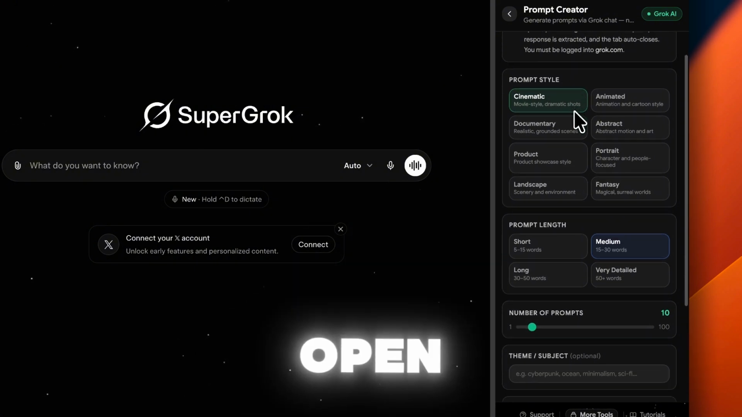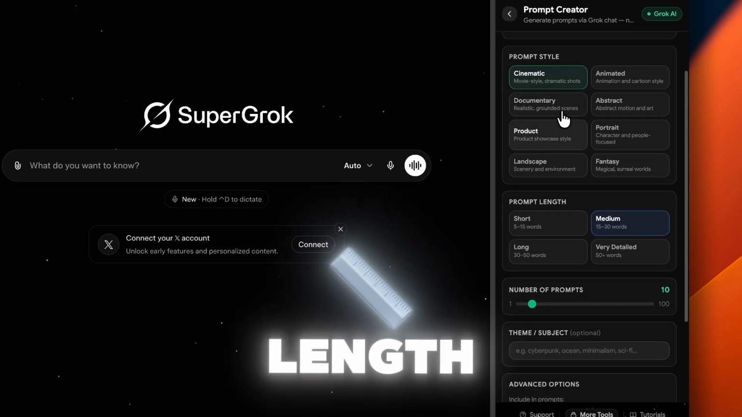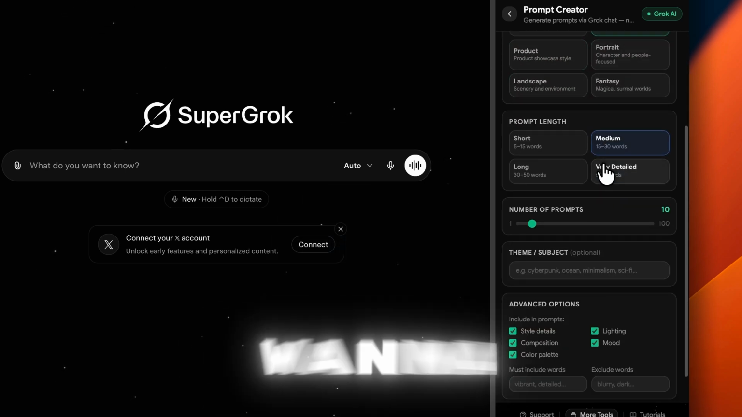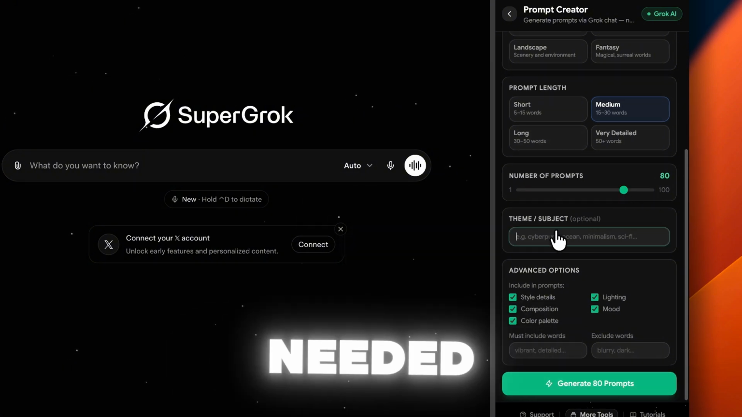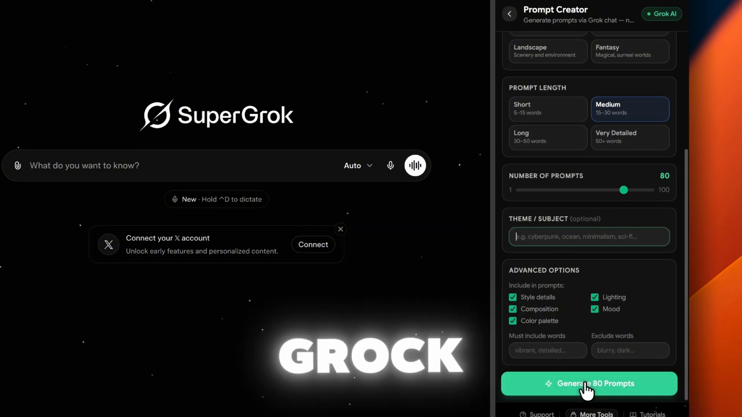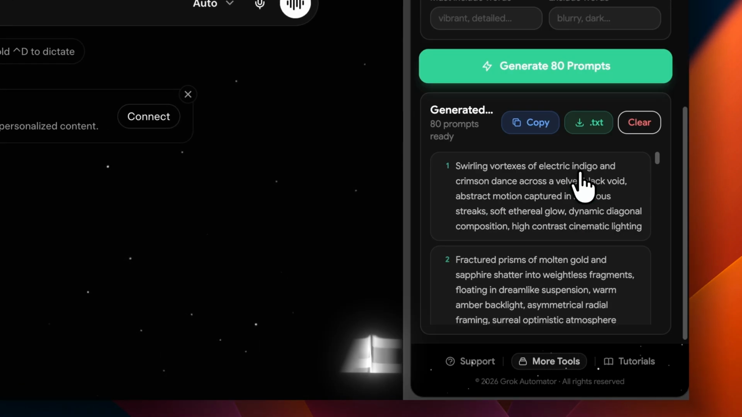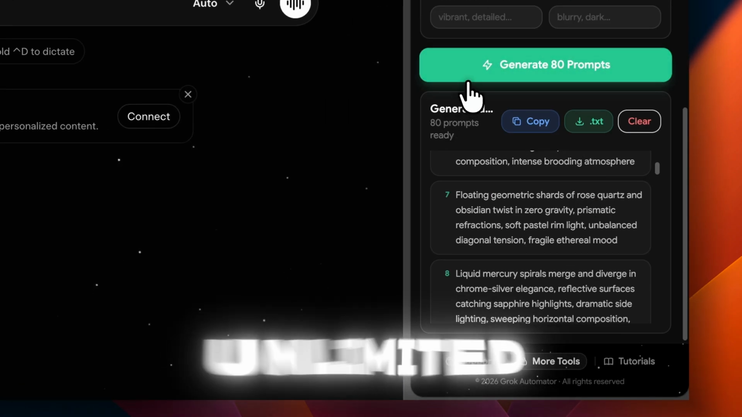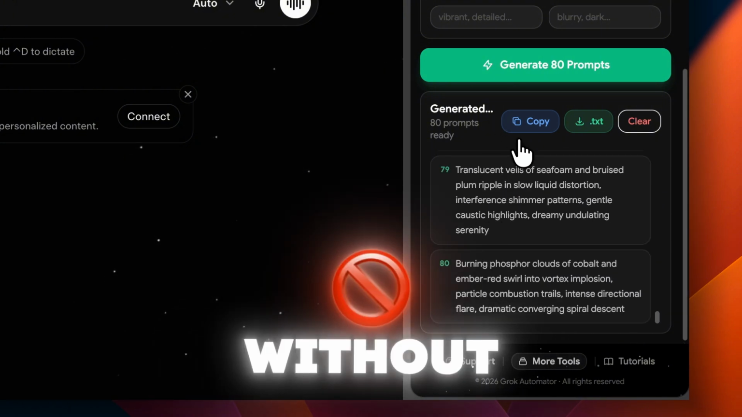To get started, open the prompt generator. Select your prompt style, adjust the prompt length, and choose how many prompts you want to generate. Set your theme, fine-tune advanced options if needed, and click Generate. Grok Automator will create a set of ready-to-use prompts for your workflow. With the AI prompt generator, you can create unlimited prompts, save time, and scale your content production without any extra